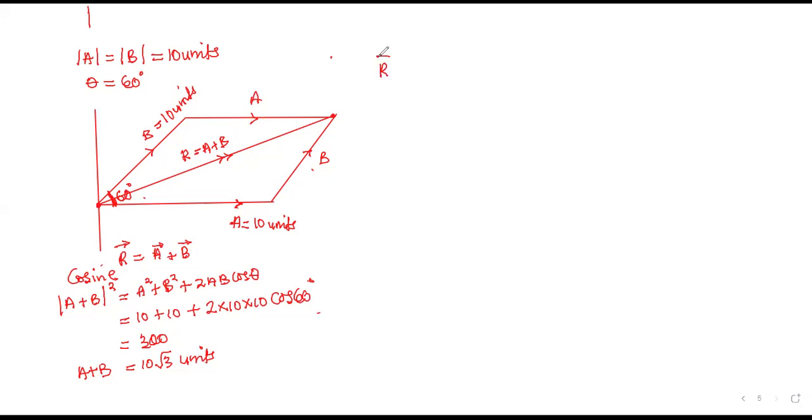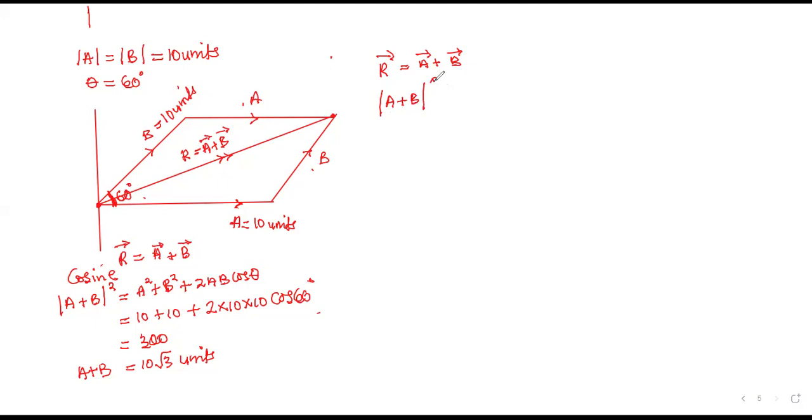R must be equal to A plus B. So we can represent the resultant with A plus B. So their A plus B, as stated in the question, is actually a representation of the resultant. Now, because this is not a scale drawing, we can find this resultant, which is A plus B, using the